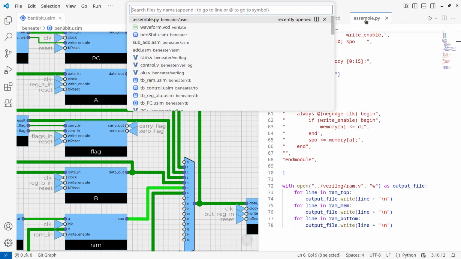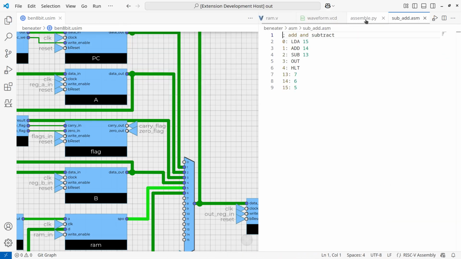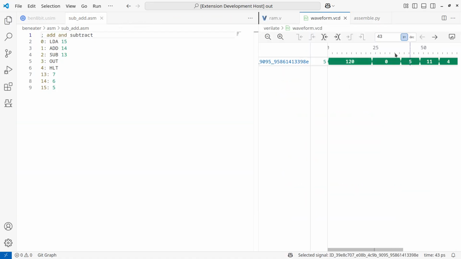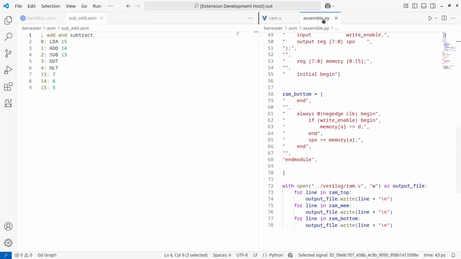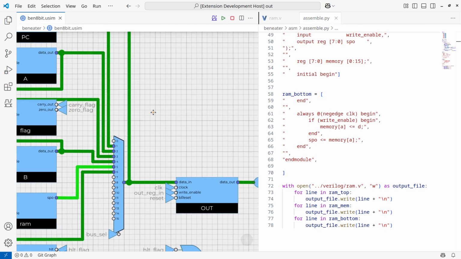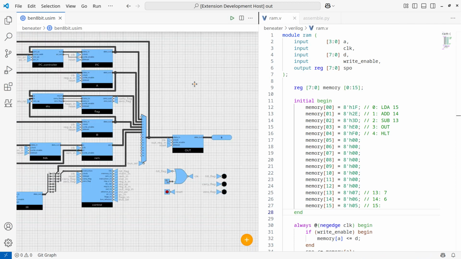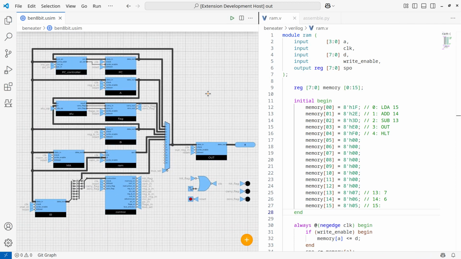Yeah, so let me just show back this assembly. Great. So yeah, 5, 11, and then 4. And as an out, we have this 4 that gets printed. All right, so this is just some proof that the processor is working, but come on, let's do something more interesting. I would like, for example, to